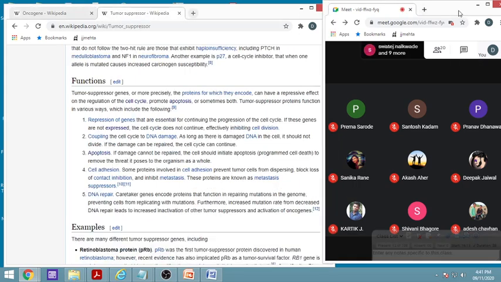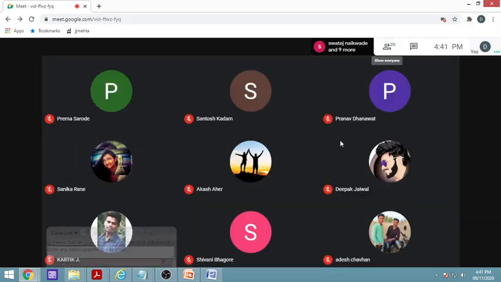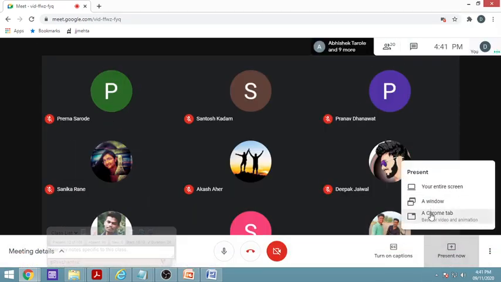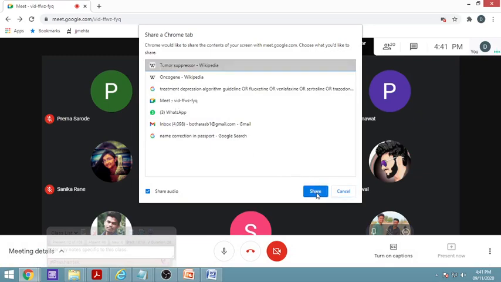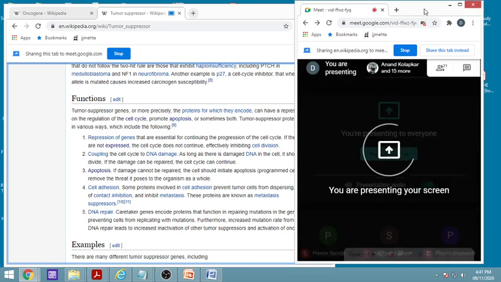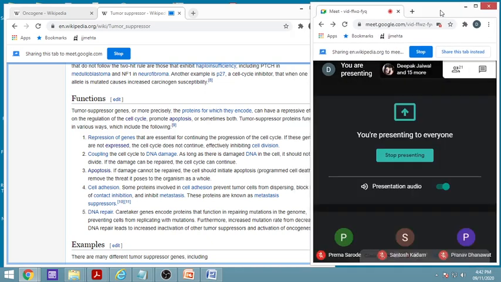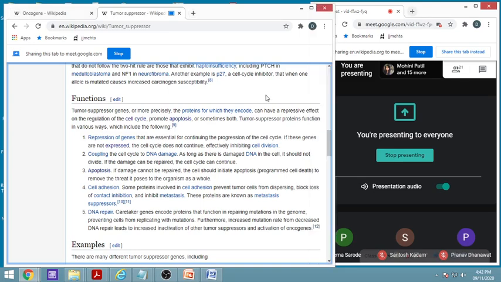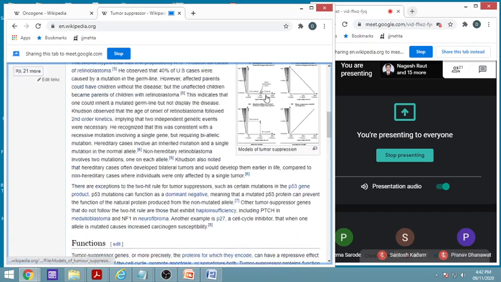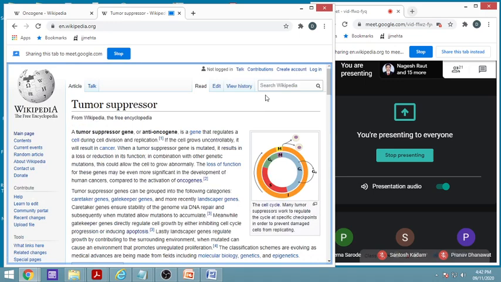Now we will go for the opposite of this, which we call the tumor suppressor gene. We have seen previously that there were oncogenes. Oncogenes were the genes responsible for initiating growth or proliferation or inhibition of apoptosis. Now here we have the tumor suppressor gene. As its name shows, it will suppress the formation of tumor, and therefore we can call it an anti-oncogene,